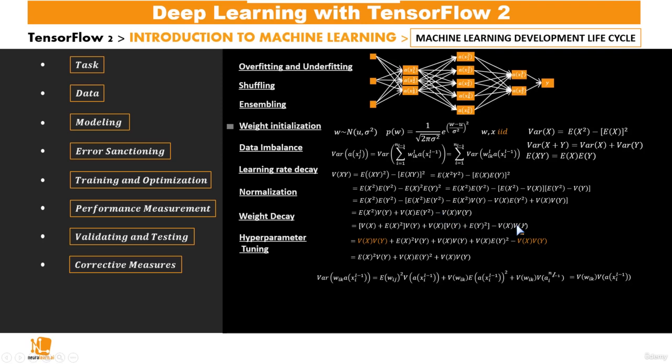Then we have minus vx times vy. So now, if we multiply this term and add it with this, we have this expression. These two cancel out, and we're left with this final expression, which is what we use right here. Now you may have noticed that there's been a slight